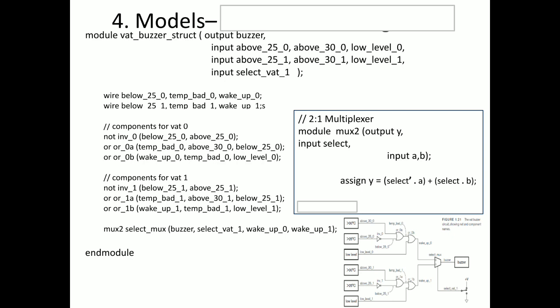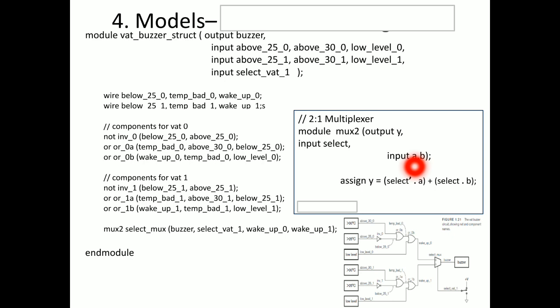What is the circuit in logical construction? Here the tick means NOT, dot means AND gate, plus means OR gate. Now, what is the functionality for this input 0 selection? Select prime ANDed with a, where a is in 0 and b is in 1. Select prime ANDed with a is one of the terms for select.